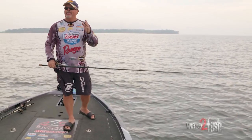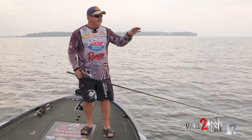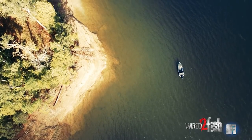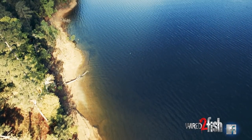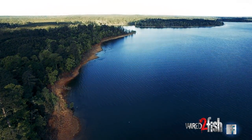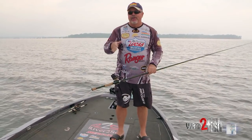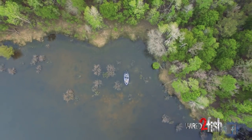Well, the one thing I've always learned in fishing these big, expansive southern reservoirs, especially the ones with the wood and stuff, that have a lot of open water and big water, is that no matter what time of year the spawn is supposed to occur, maybe from January all the way to June, it's always happening through that whole cycle. And really what I like to look for is, yeah, first thing in the year, you want to go